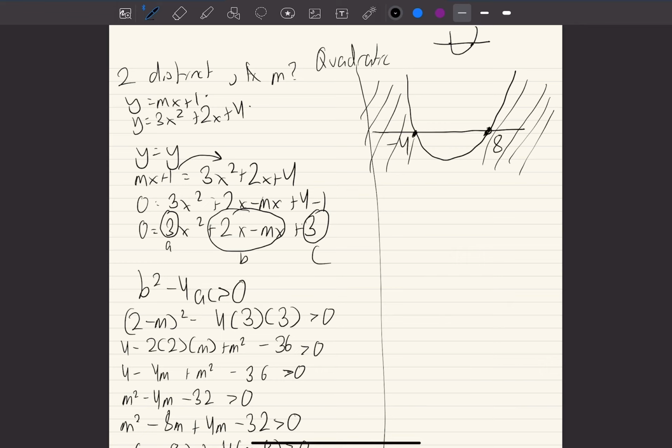Then I need you to do this. My bad. M must be smaller than -4 and M must be larger than 8. Because that's true. These lines are moving out, forward of 8, meaning that they're larger than 8, and these lines are going behind -4, meaning they're smaller than -4. So M can either be smaller than